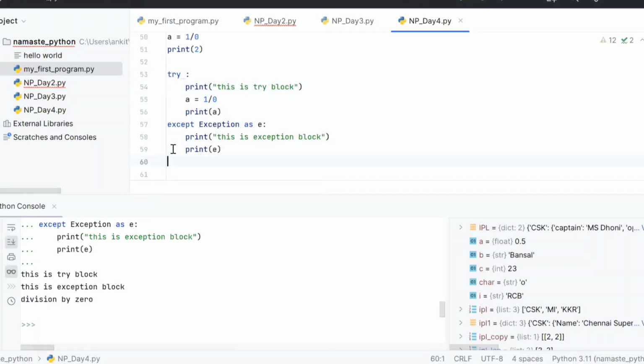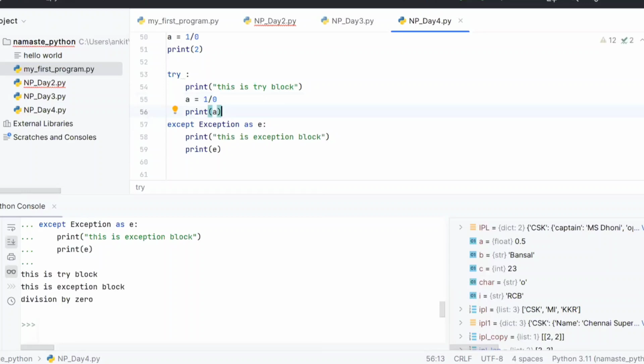Ankit, if we have more than one error in the try block? What happens is, Python is an interpreted language. The moment it finds the first error, it will break. So we have to structure our code accordingly. If we can expect more than one error, then we have to put two try blocks. You have to logically think where errors can come. Because the moment an error is there, it will come out of the try block. It will not execute any other steps after this. So there is no point of catching 2 errors.